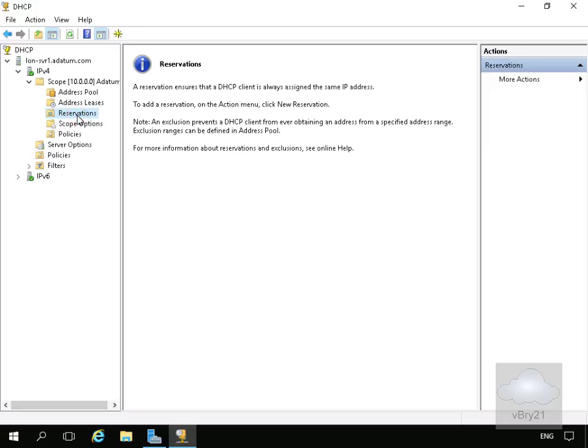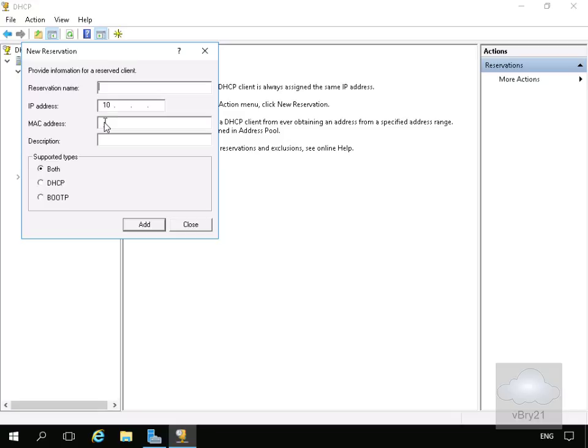So at this point we'll right click and create a new reservation, and we just want to specify a reservation name, and we're going to call this Sales Printer. The other thing that we need to put in place is the IP address that we're going to hand out. So we're going to make this 10.0.0.120, and then we're going to enter the MAC address,